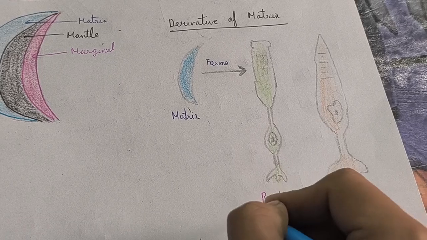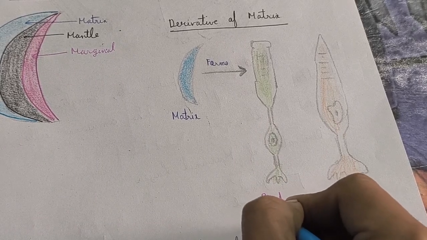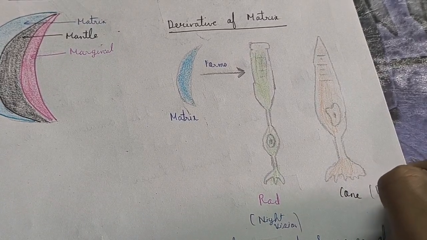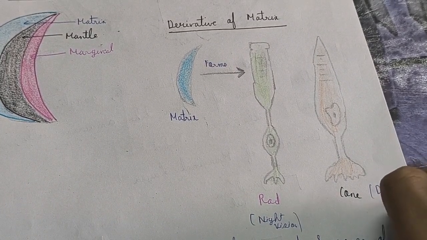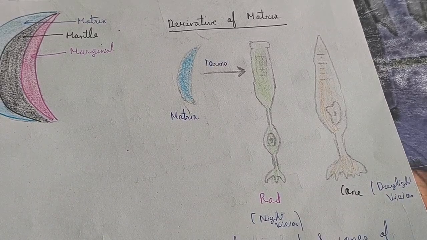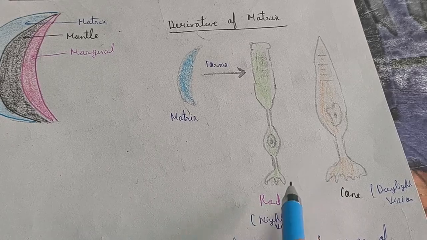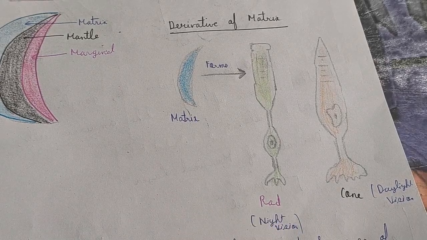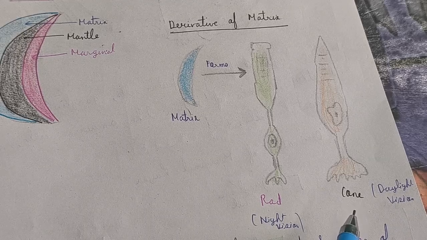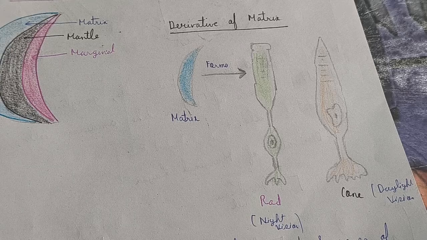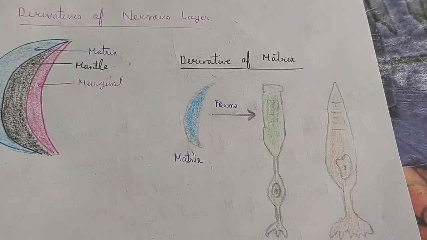Basically rods are responsible for night vision, and cones are responsible for day vision, or daylight vision. And as you know, these cone cells are responsible for responding to different colors, but the rods can't respond to different colors. Red cones, green cones, all these different types of cones are there, and due to these different types of cones, people can perceive the different primary colors: red, green, blue. So that's further information.